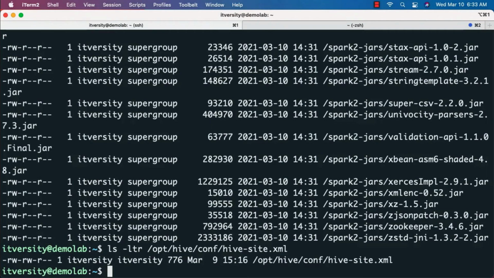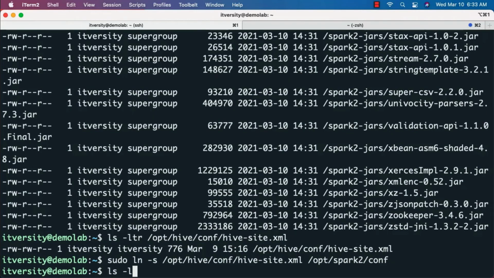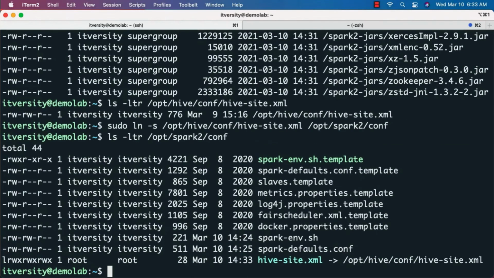We don't need to copy every time we make changes to hive-site. The way you can create a soft link is like this. You can say sudo ln -s, the source location, which is nothing but this one, then the target location, which is /opt/spark2/conf. Now you can say ls -ltr /opt/spark2/conf. You should be able to see the soft link to /opt/hive/conf/hive-site.xml with the name hive-site.xml.